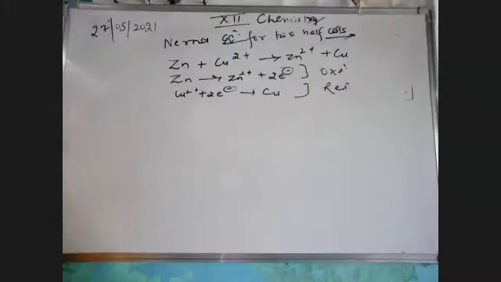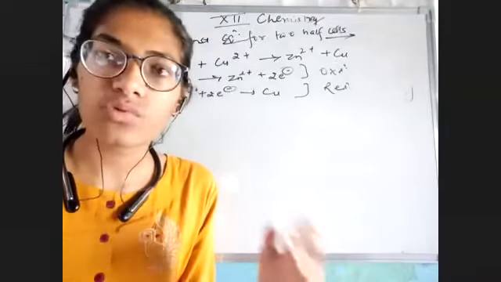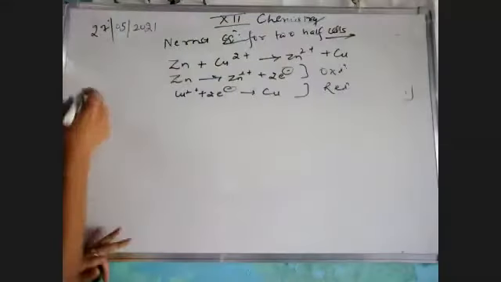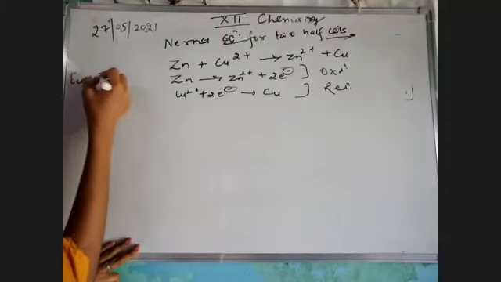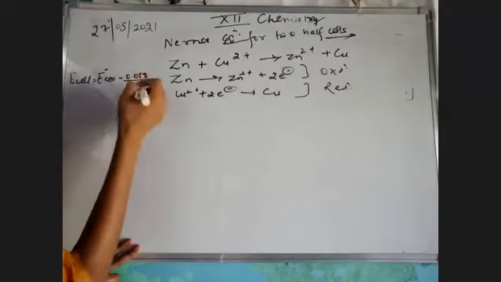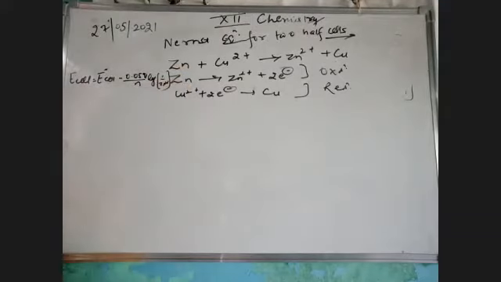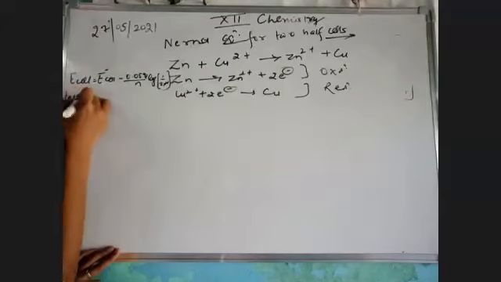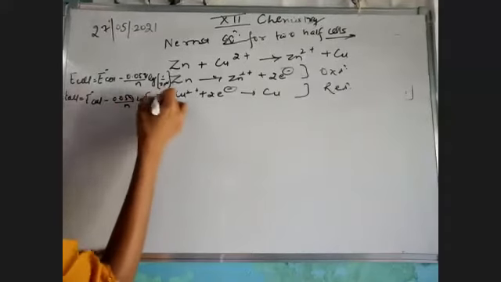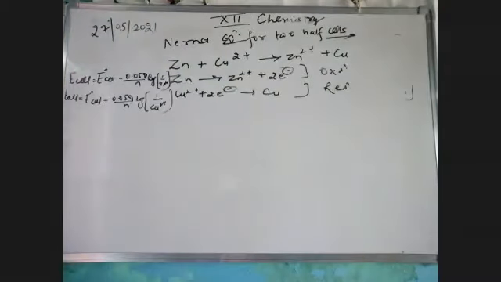Now, for the Nernst equation, we have to rewrite the E cell value for the oxidation and the reduction, as I showed you in yesterday's class. We can easily write E cell for it equals E naught cell minus 0.0591 divided by n log 1 by Zn2+. Can I write it or not? Definitely yes. In the same way, I can write this for copper: log 1 by copper 2+. These are the points we have done.